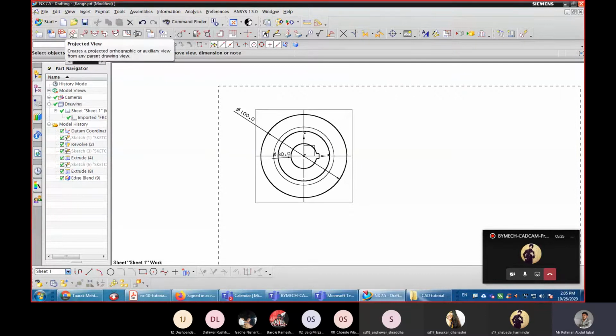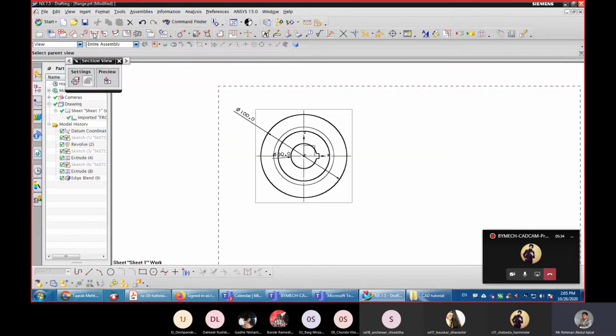So we can create number of views. So we will create sectional view. Just click this, then read on this title bar. What is written? Select parent view. So already we have this view.